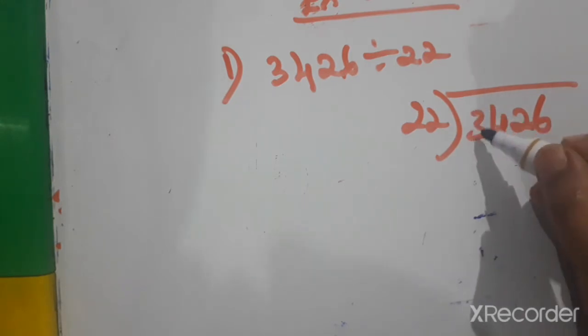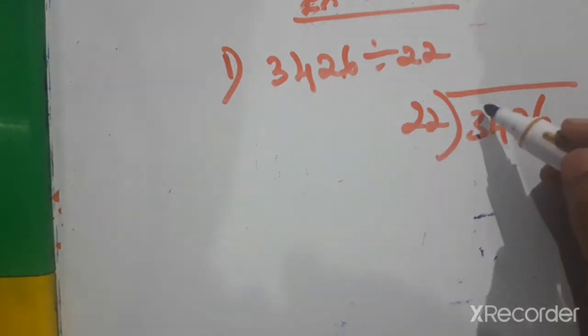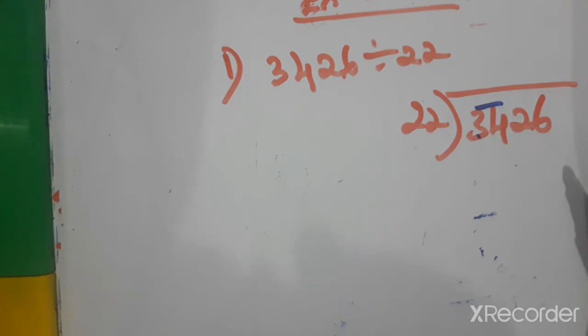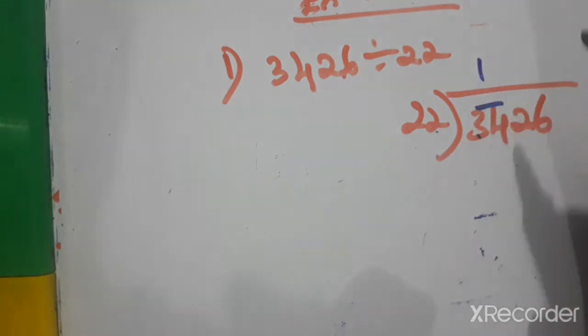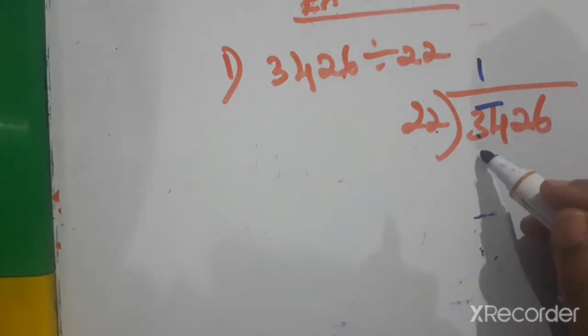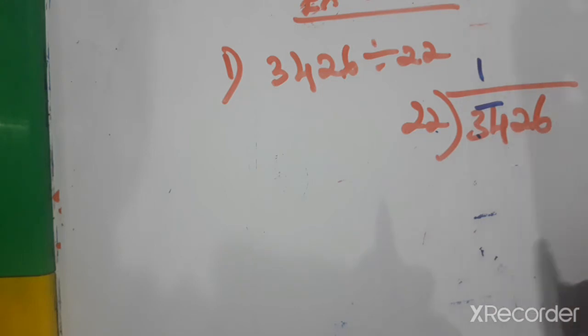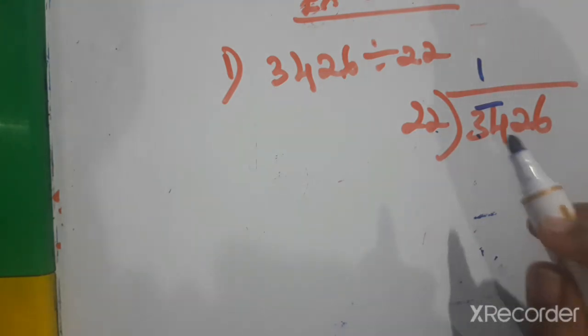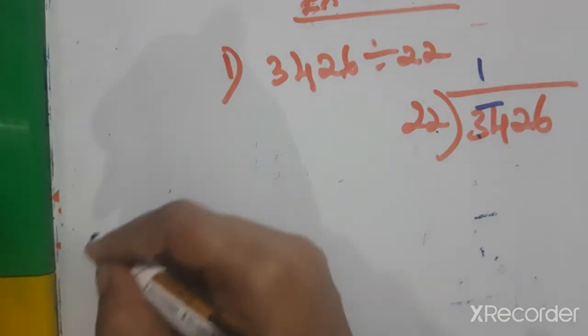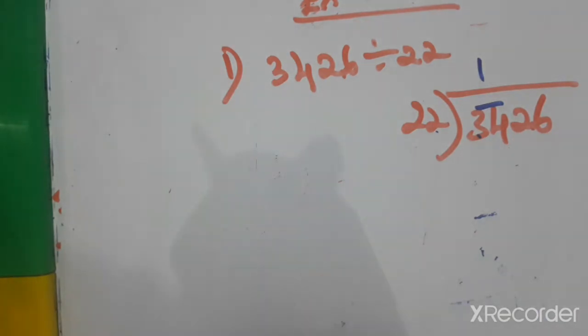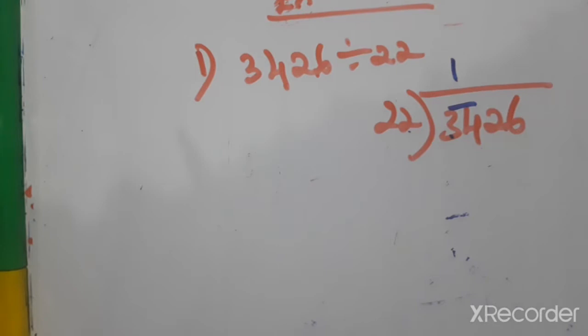Now in which table? Here we can't take only 3, as it is less than 22. So we have to consider 34. 22 how much are 34? 22 1s are 22. 22 2s will be 44. 2 1s are 2, it is the 2 table, just double it. 2 2s are 4, no? So 2 times 4. 2 3s are 6, means 2 times 6. Otherwise we can write the tables here, multiply and write. Then we can calculate it.